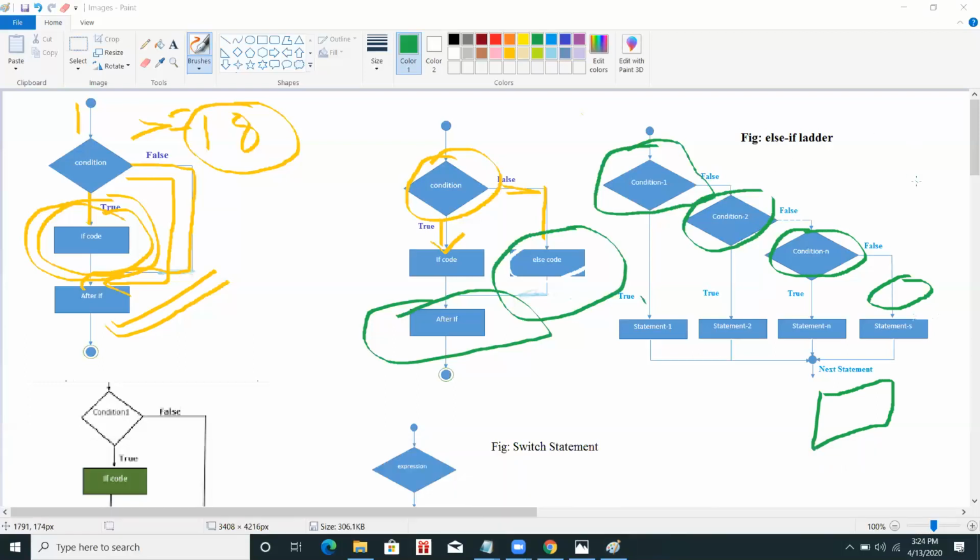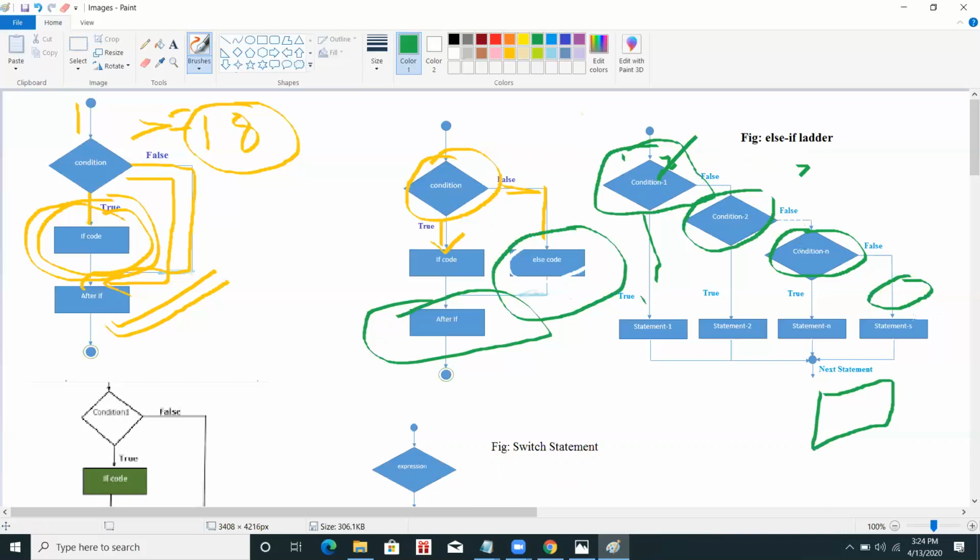For example, we can say what fruit a person likes. If a person likes watermelon, give him 10 marks. But suppose the person doesn't like watermelon. Then the condition could be whether the person's name starts with A, then give him this roll number. If the name starts with B, give him this roll number.